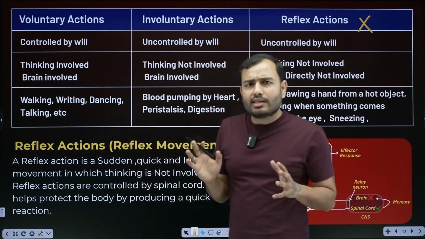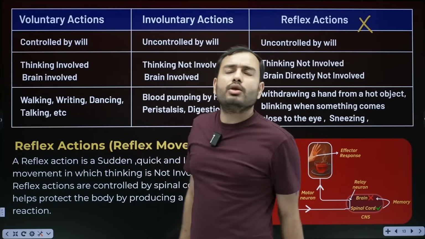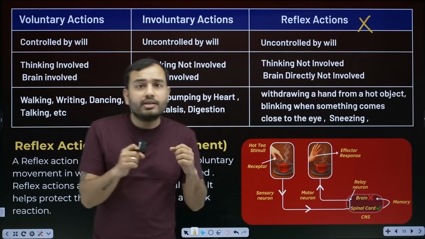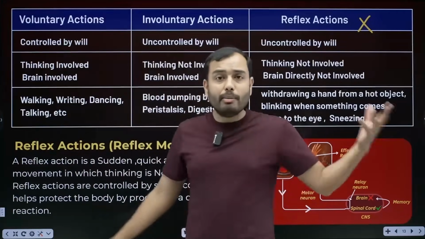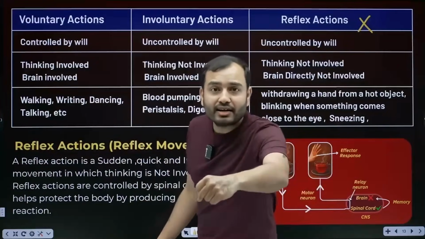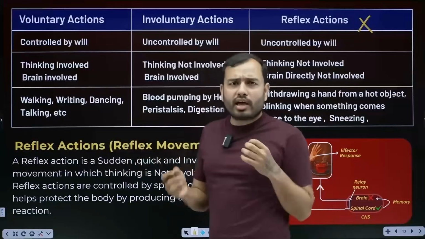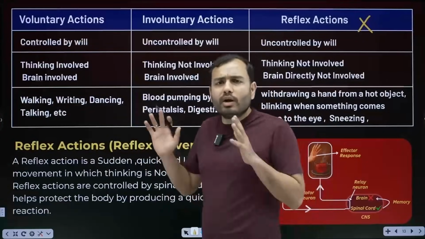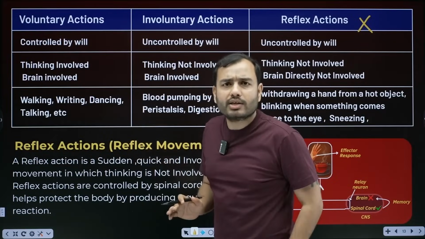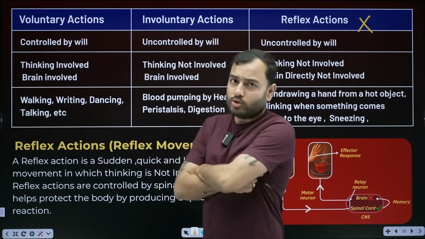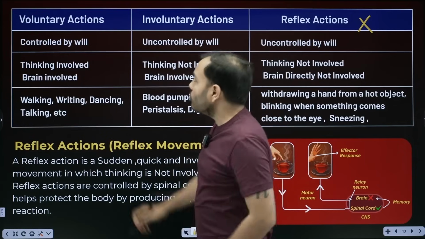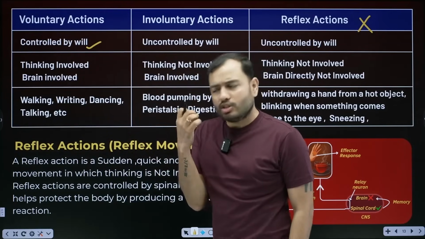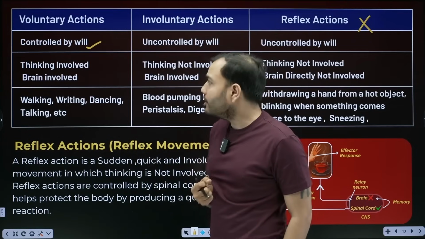A voluntary action is something you do intentionally by yourself. Like I'm speaking here, I'm walking, I might sit somewhere, I might start singing, I might start speaking, I might start hitting. All these functions, walking, dancing, singing, jumping, are voluntary actions. Action done intentionally. I can do them whenever I want. Whenever I want, I will stop. I won't speak, I'll stop. So beta, what is this? It is controlled by your will. You can control it with your will. Do it when you want. Don't do it when you don't want to.